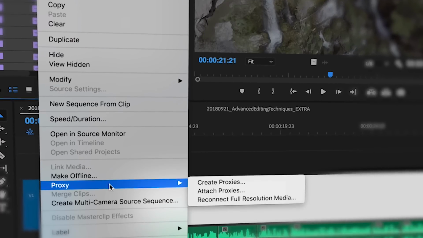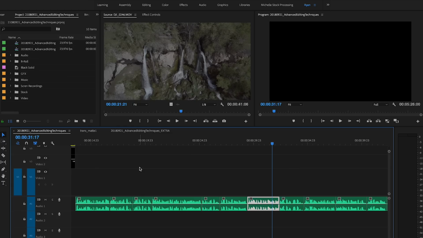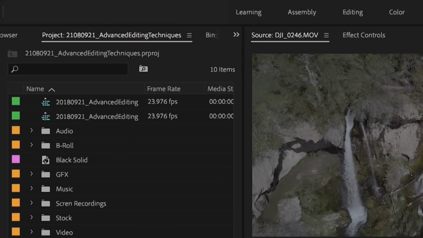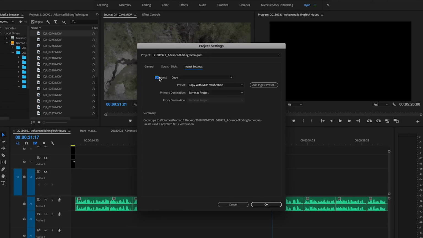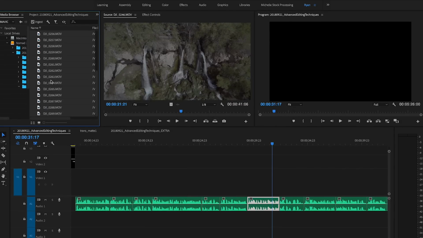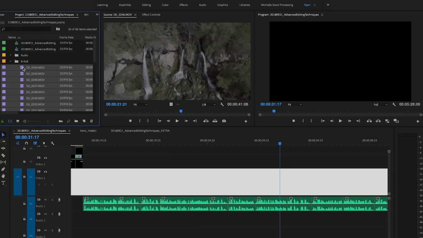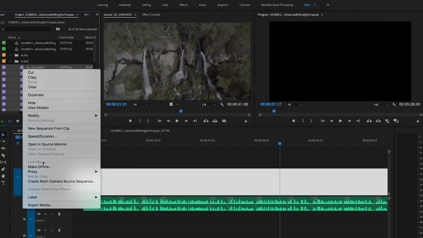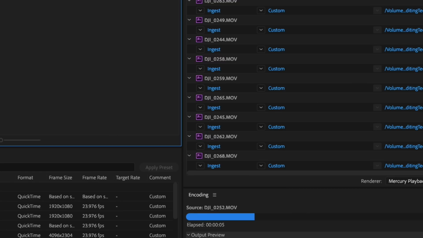Proxies are smaller files that take the place of your source files and allow your computer to work faster. If you want to create the proxies up front, go to your ingest settings in the New Project window or click the wrench in your media browser window, then choose to create proxies. Set your format and the destination folder, and everything you bring in will then automatically be converted in Adobe Media Encoder. To create proxies after you've imported the media, simply right or control click on the files you've imported, then select Proxy, Create Proxies. Choose your file settings and set your destination folder, then Media Encoder will start creating the